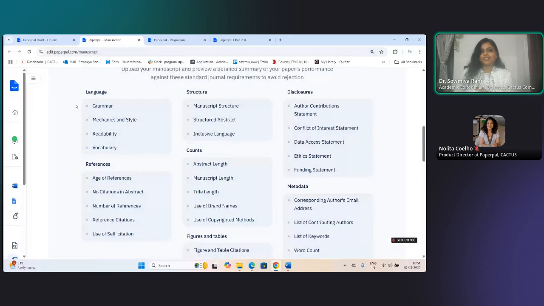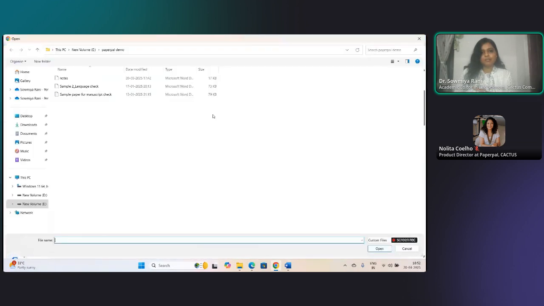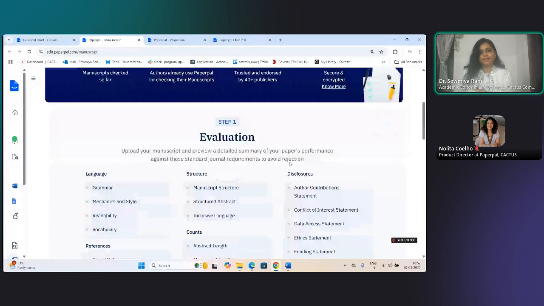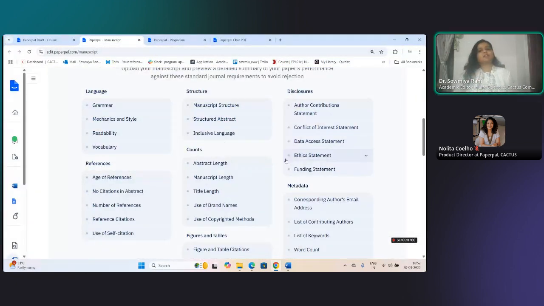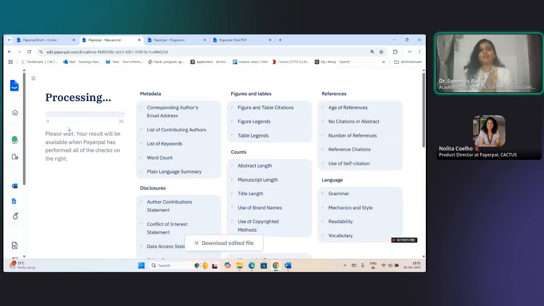So your report essentially has these features, and under each of these categories, I just upload paper while we discuss, and you just get a green tick or you get a red cross, and it tells you which of these sections you have really tackled properly and which of these sections require your attention. And based on this, you can revise, make additions, deletions, revisions to your manuscript to make sure that your manuscript